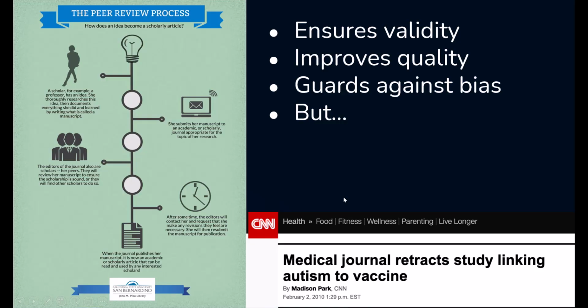Talking for a minute about peer review. In the peer review process, a scholar writes an article and submits it to a scholarly journal. The editors of that journal then submit it to other people who are experts in that same field to review it. Make sure that the research was done well, that it's adding something to the field, and so on. After a while, they may decide, hey, could you make some revisions to this? We like it, but we need some changes. We have some questions. So once those revisions are made, hopefully then it gets accepted and published and becomes part